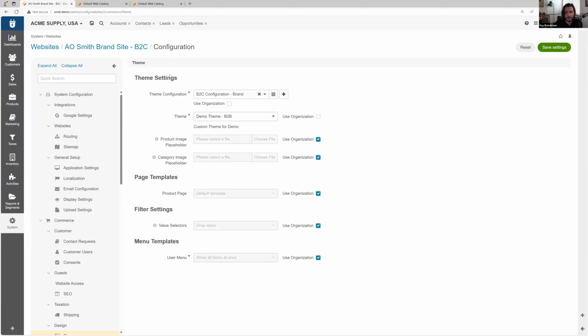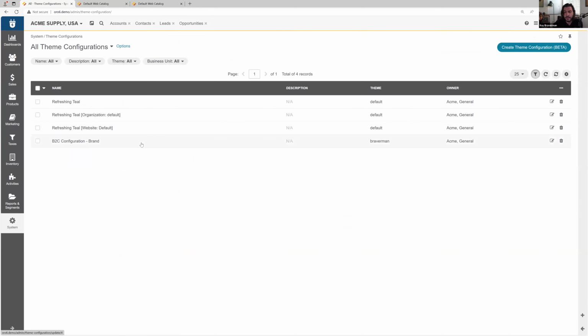In this case, it's the A.O. Smith B2C site, which we're actually managing in a separate location. And once again, that's the new portion of Oro. You can have as many theme configurations as you want. And once again, the idea behind this feature is that